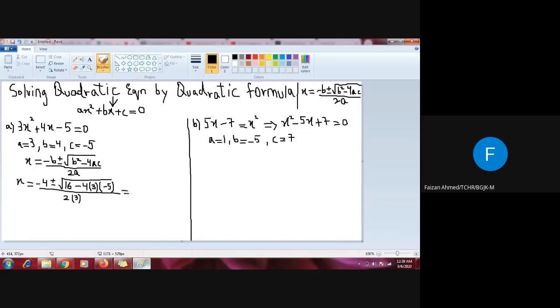So now I will simplify it over here. This will be -4 as it is, and this will be positive and a negative sign, and again I will use a square root sign. And this time 16 will be as it is, and now you can see that there are two negatives. This is negative and this is negative, so negative and negative will be positive. And now I have to multiply these three numbers. 4 times 3 is 12, and 12 times 5 is 60, so I will have to write 60. I will complete the square root sign like this, and now in the denominator I know that 2 multiplied by 3 is 6, so I have to write 6 over here.